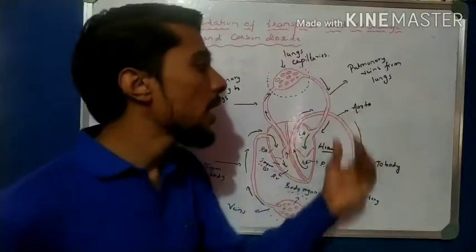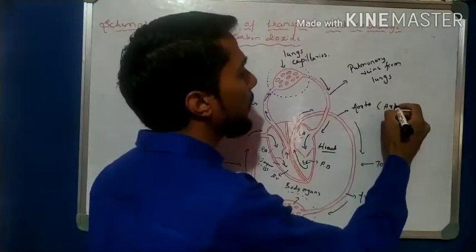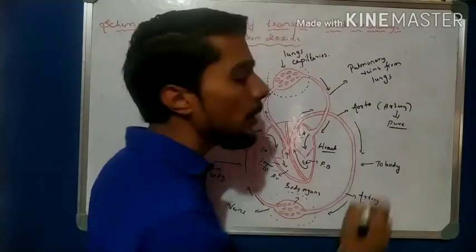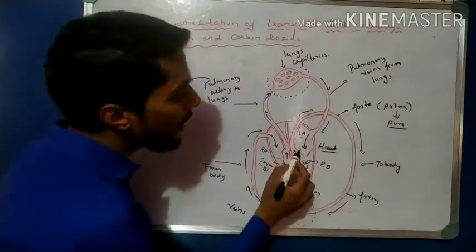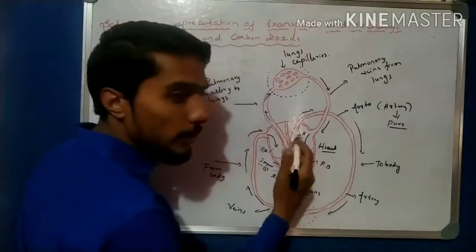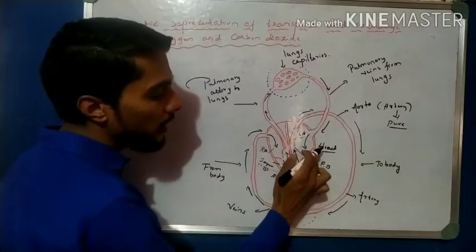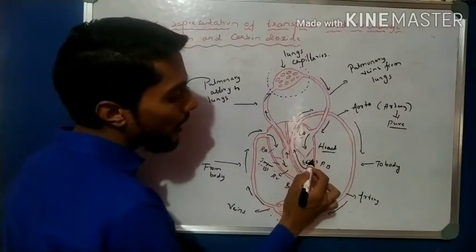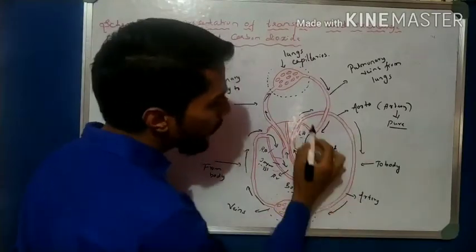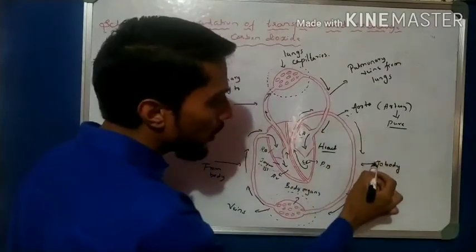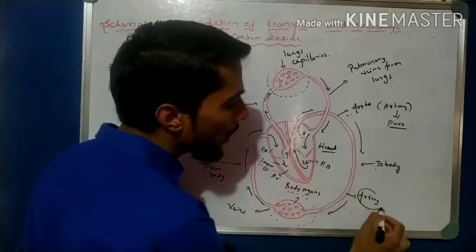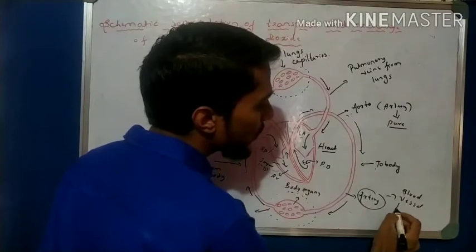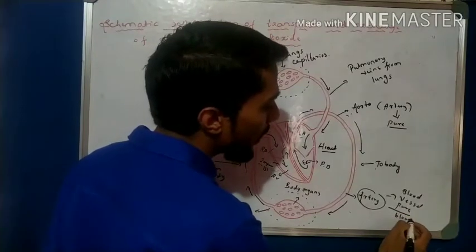Now see how the exchange takes place. We know that the aorta is the biggest artery, and an artery is a vessel which carries pure blood. In the left atrium and left ventricle, the heart contracts. During the contraction of the heart, the blood is sent to the body through the aorta, then from the aorta to the body parts through arteries. Arteries are blood vessels which carry pure blood. You have to remember this point.